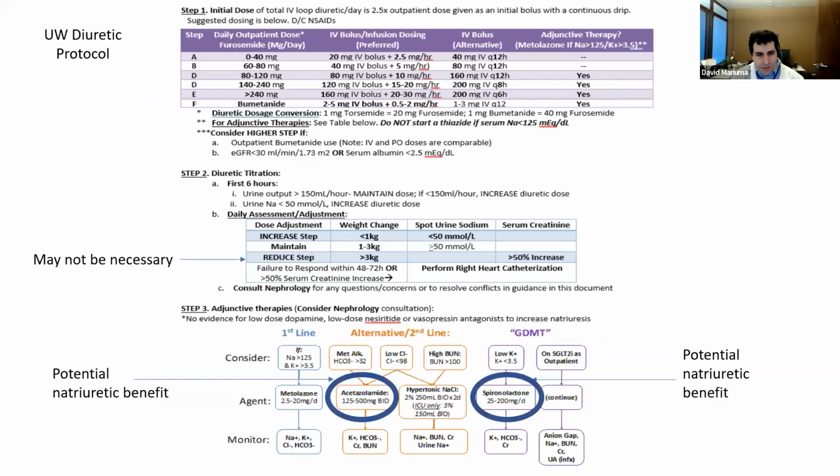What I do want to focus on is first that we have a concern about going too fast. Are we over-diuresing, or is the rate of diuresis too fast? I think there are contexts where that's true, but there's also evidence that we might be overthinking that. Then I also want to talk a little bit about more recent data regarding